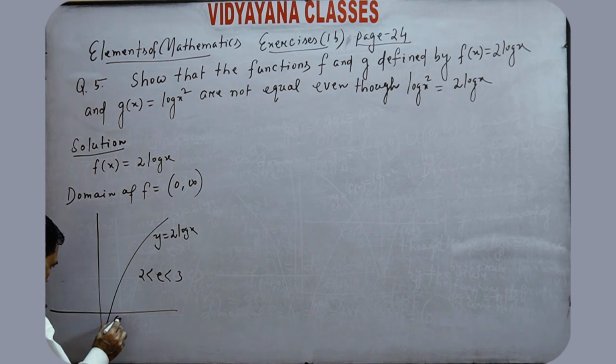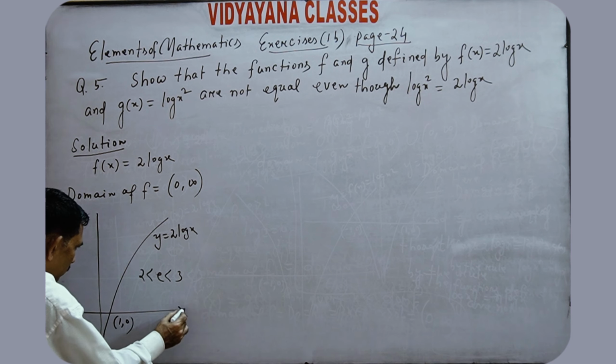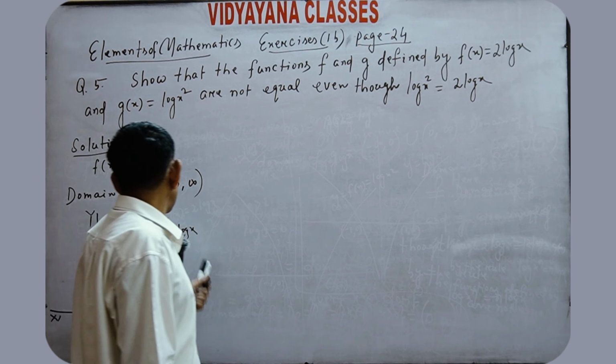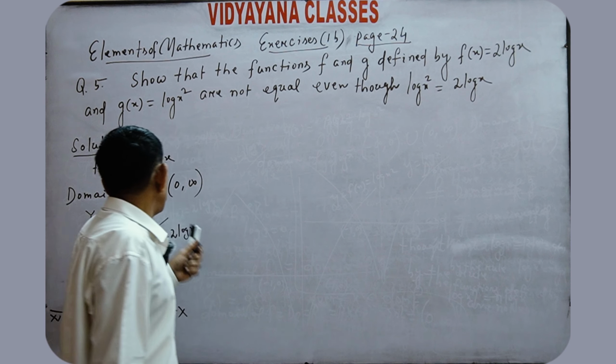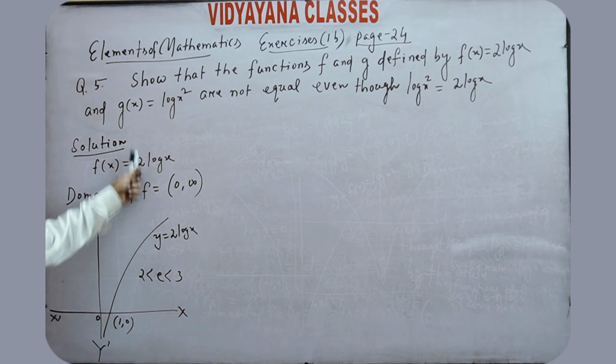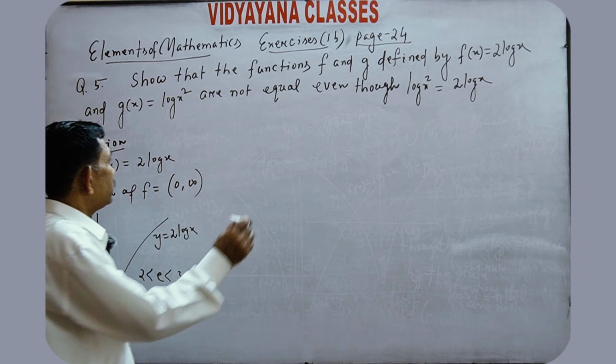It meets the x-axis at (1, 0). The domain of f(x) is equal to log x is open bracket 0 to infinity, and g(x) is defined by